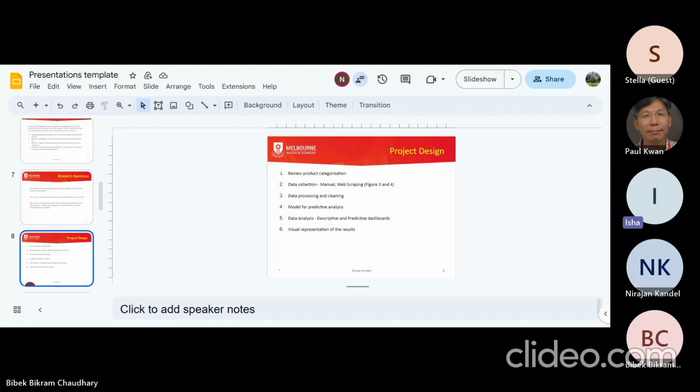Model for predictive analysis. For analyzing the future, we have to predict the model. Data analysis, descriptive and predictive dashboard. Data are analyzed in the descriptive dashboard as well as the predictive dashboard. The descriptive dashboard utilizes historical data, like past data, and the predictive dashboard is for analyzing the future sales